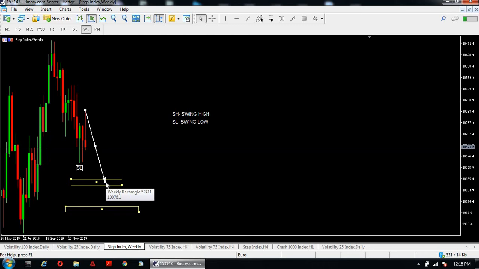We can see clearly from the weekly time frame, price makes a series of lower highs: this is a high, this is a low, there's a new high that is lower than the previous high. So this is a lower high, this is a lower low, it's lower than the previous low. Price makes a new low that's lower than the previous, price makes a new high that is lower than the previous high. So price has been making a series of lower highs and lower lows,